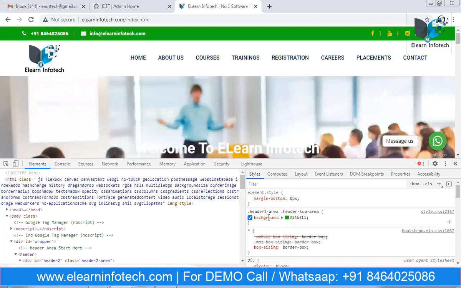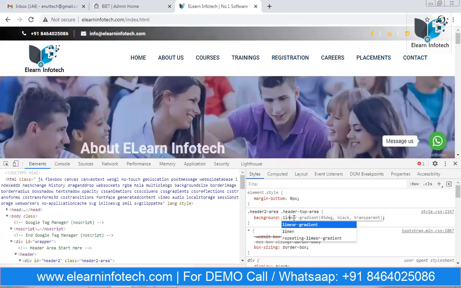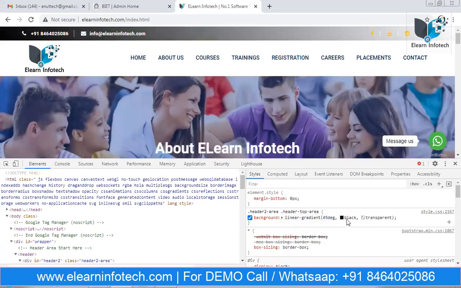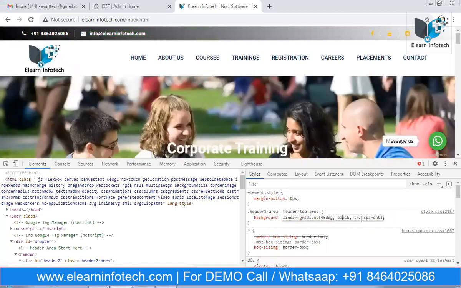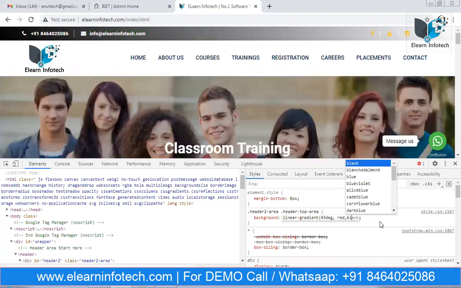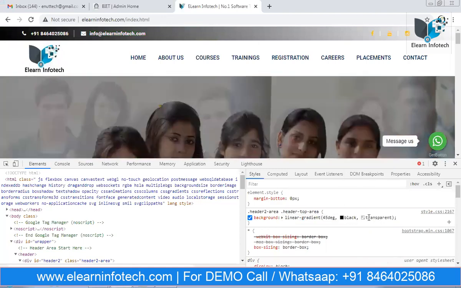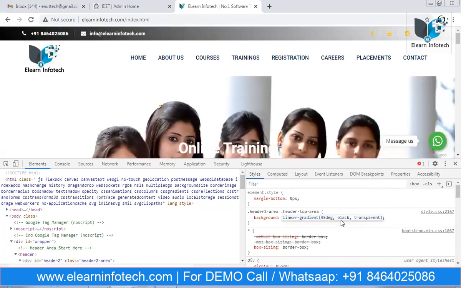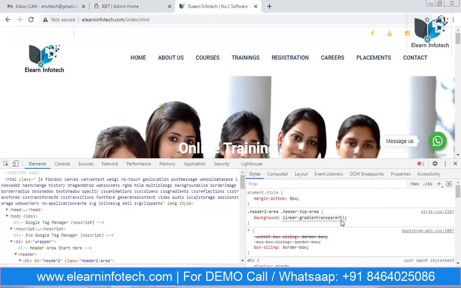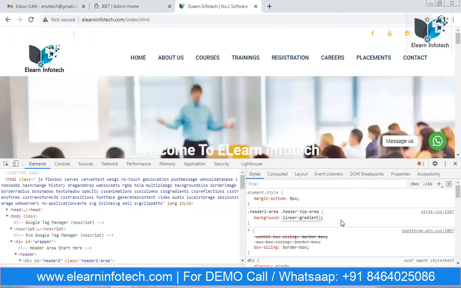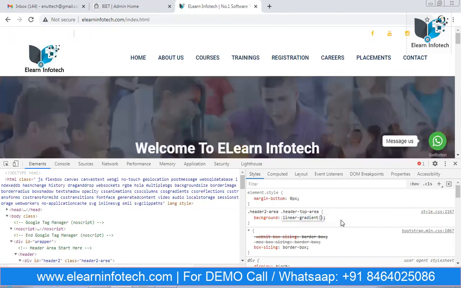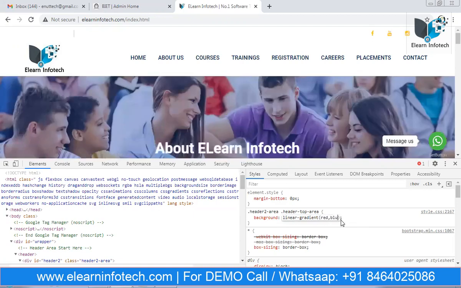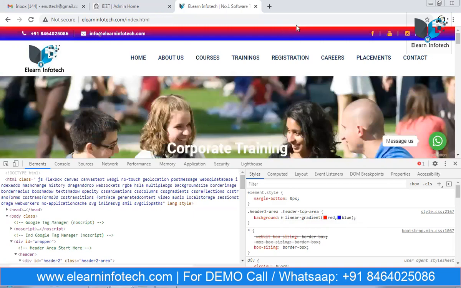Here you can observe it is only one color. Now I want to display a mixing of colors. We have the gradient concept. Now I'm going to apply different colors. My intention is to apply red as well as blue mixing colors. Now I want to apply two colors from top to bottom. The top value is red, and going down it will be blue. You can observe this is a mixing of colors. We call it gradients.